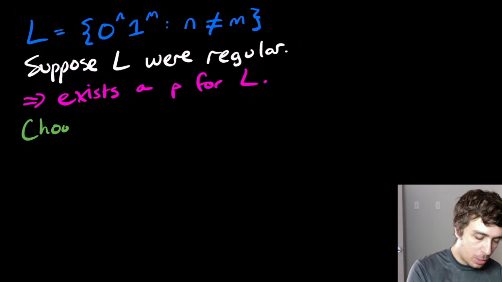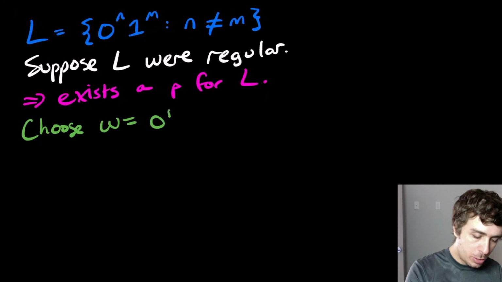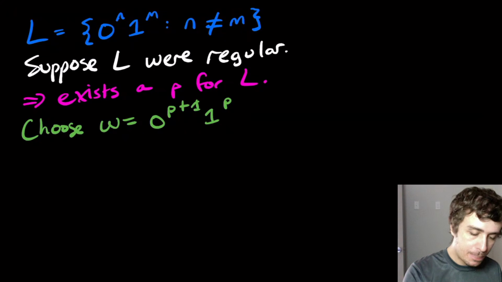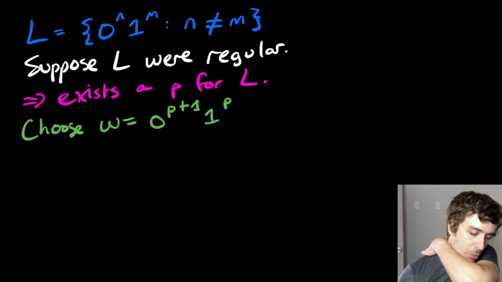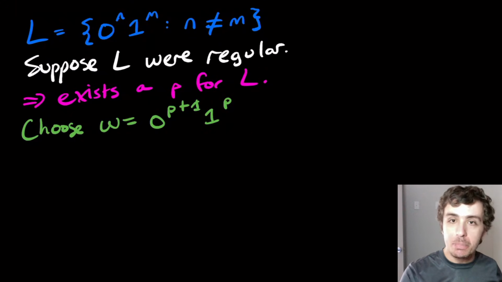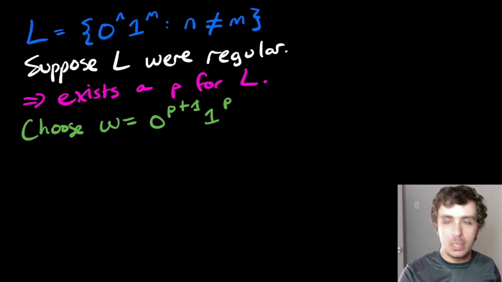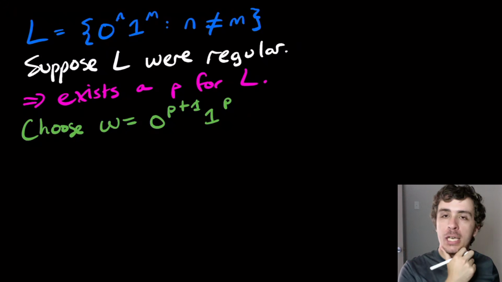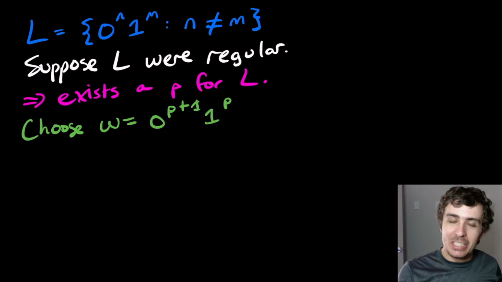So you may pick, okay, choose w equal to 0 to the p plus 1, 1 to the p. And that's actually pretty reasonable. It's a reasonably good choice because its length is at least p. The two exponents are not the same, so we're good to go then. It turns out that this won't work